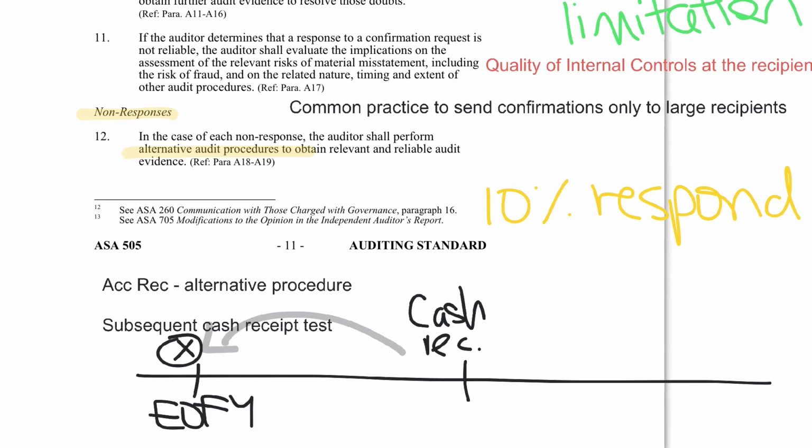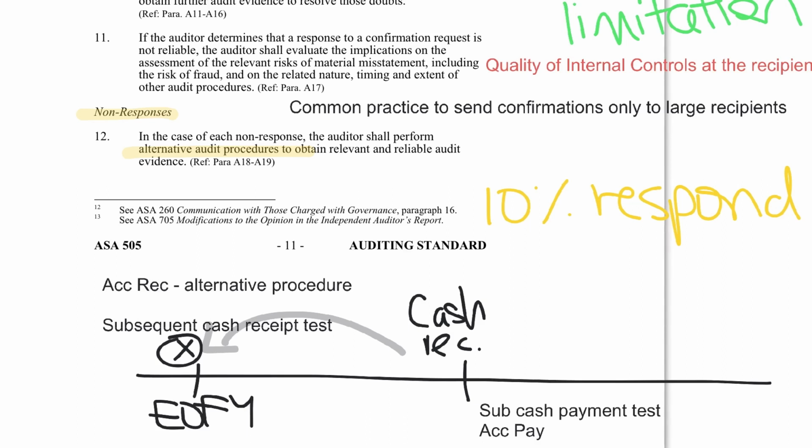So there's a subsequent cash receipt test, and there's also something called the subsequent cash payment test, and that's what we would use for accounts payable. So, you know, most confirmations are accounts receivable or accounts payable, but you might also have bank confirmations. So there's lots of different types of confirmations, but those are the most common, and these are the most common